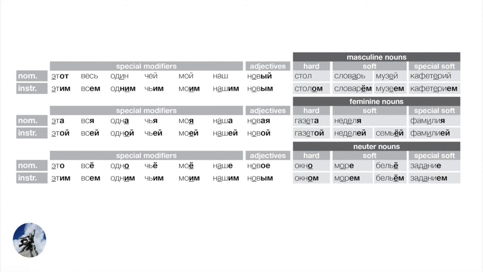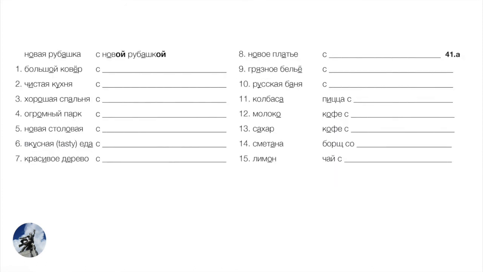Okay. By the way, at this point, we've covered in theory all of the endings, so you might want to look at the back of the book, find the complete list of case endings. And again, watch out for where we put those black boxes. Those are these very unusual situations that force us to group the special softs as a separate category. Okay, so let's form a few instrumentals for these adjective noun combinations. And let's just use с everywhere.